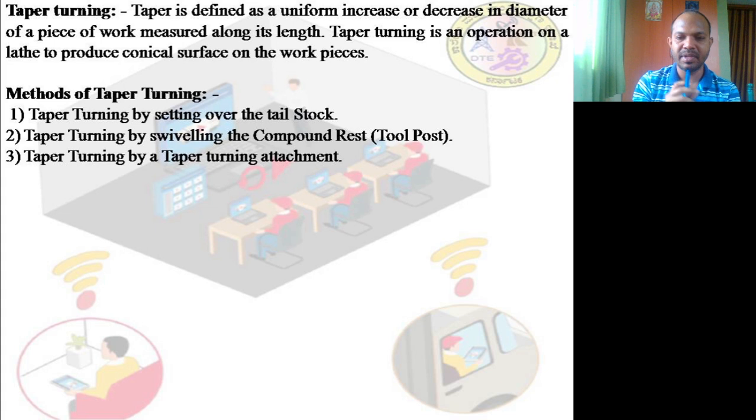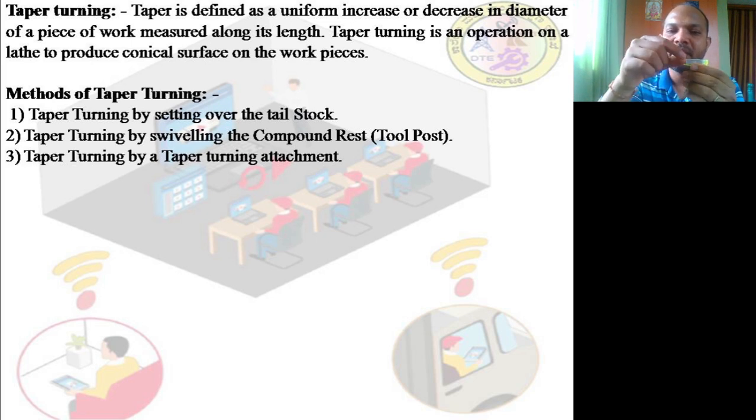You might have seen the difference in turning operations. You have observed turning operations. In turning operations, what happens? A uniform removal of material takes place. That means if you have a workpiece of around 12 mm, it can be reduced to 8 mm throughout the workpiece. But taper turning is different. We want 8 mm here, and it should reduce to 6 mm at the end of 4 mm. We want 8 mm over here and 5 mm over here. That means from a larger diameter to a smaller diameter, a uniform decrease in diameter. That is what we expect.